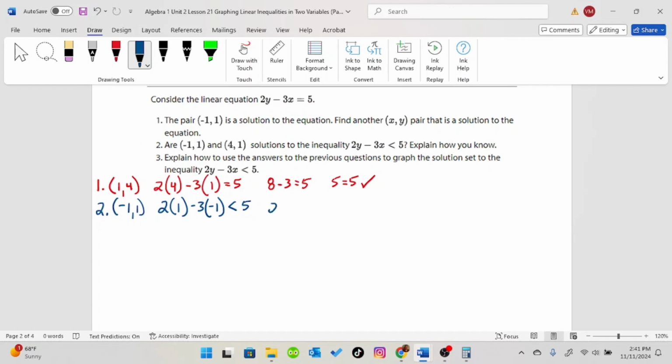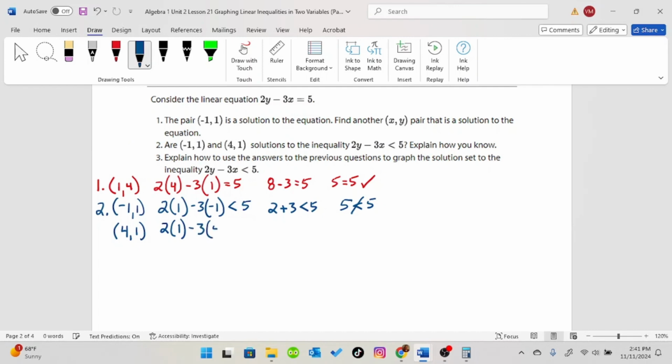2 times 1 is 2. -3 times -1 is positive 3. And 2 plus 3 equals 5. 5 is not less than 5, so (-1, 1) is not a solution to the inequality. Now we can check the other point. (4, 1). That gives us 2 times 1